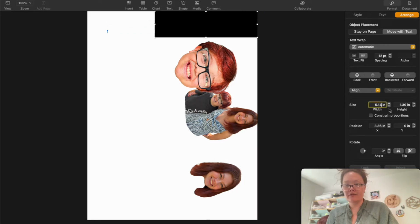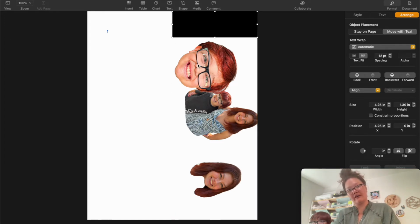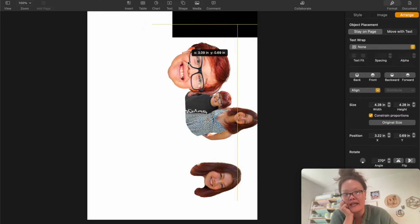Insert a text box and we'll do 5.25 for the width and just leave it like that. So anything that's over here to the right and to the left, 5 and 5 is 10. 8.5 divided by 2 is 4.25. Try that again and then move that to the right. So anything that's going to be to the top and to the middle of this, we don't want to carry over. So when we print this, if the face is cut like this and it's over this middle black box, it will not go onto your mug. So this is kind of like your outline or your guideline. We're going to delete this box here in a second, but it's just going to give you an idea of how big and where to place your